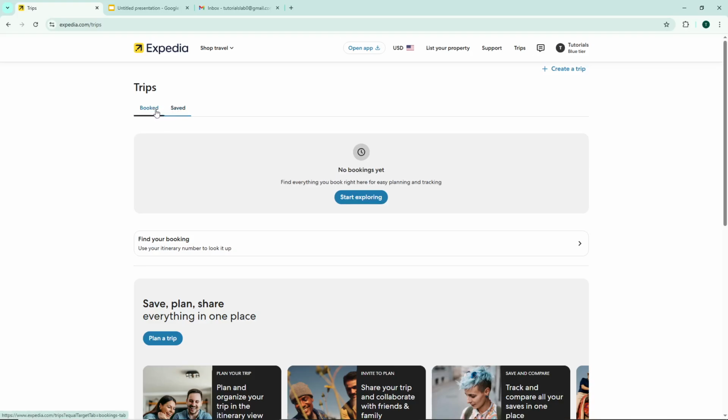Here, you'll see a complete list of all your bookings and flights. This is where Expedia organizes everything you've reserved through their platform, making it easy to access your travel details whenever you need them. Now, if for some reason you can't find your booking or flight in the list, don't worry,